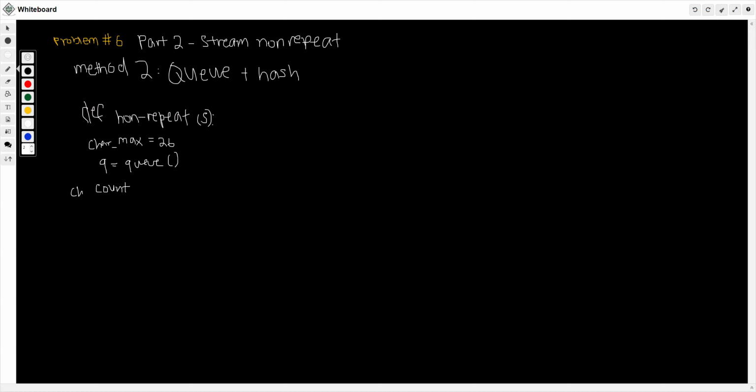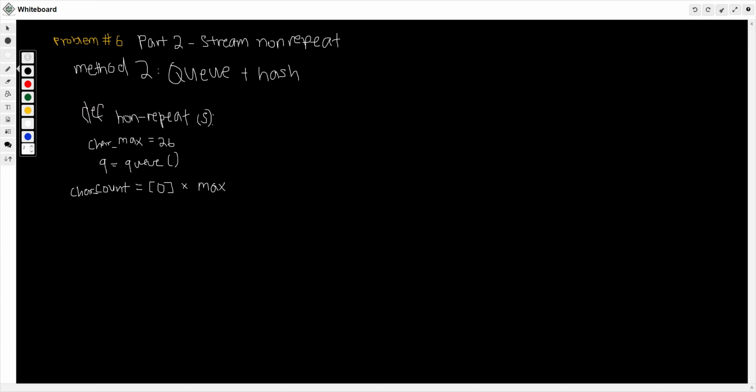Wait, no, char count, because there is also a method in Python that is just count. Initialize everything in there to 0 times max. This part doesn't fully make sense to me. I guess every element in the empty queue is a 0, and we're gonna have 26 zeros. I don't know how that even makes sense, but okay.